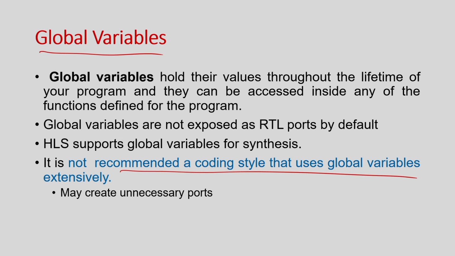But whenever there is an array, you understand that it is not a single port, you have to create 3-4 ports. It is a read address port, data port, data in, data out port, as well as the write enable and clock enable. So, now you think about, say, 5 such arrays that you have declared as global, it will create a lot of unnecessary ports to these modules corresponding to the functions, right. So, in general it is not recommended to use global variables, unless and until it is necessary, right. Because it creates a lot of dependencies among the modules and it might actually hinder some optimizations, such as applying task level pipelining. So, in general we should avoid the use of global variables.